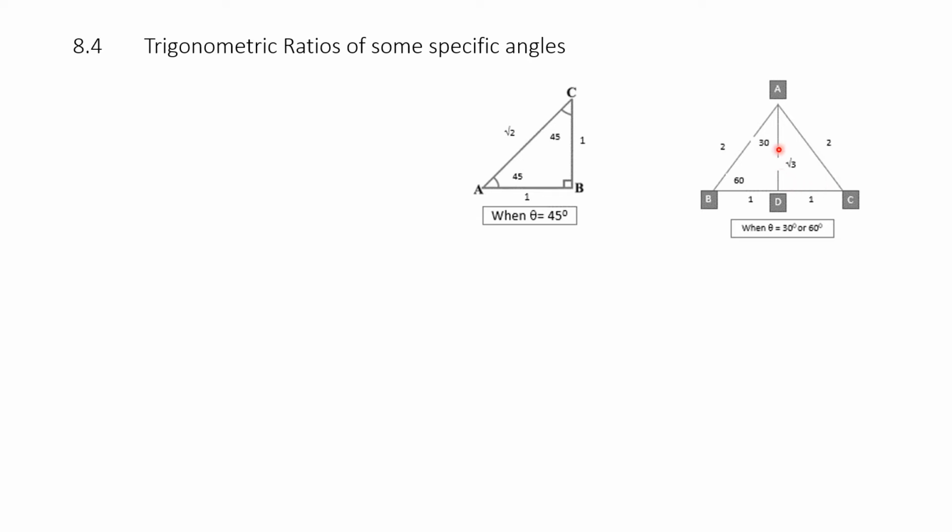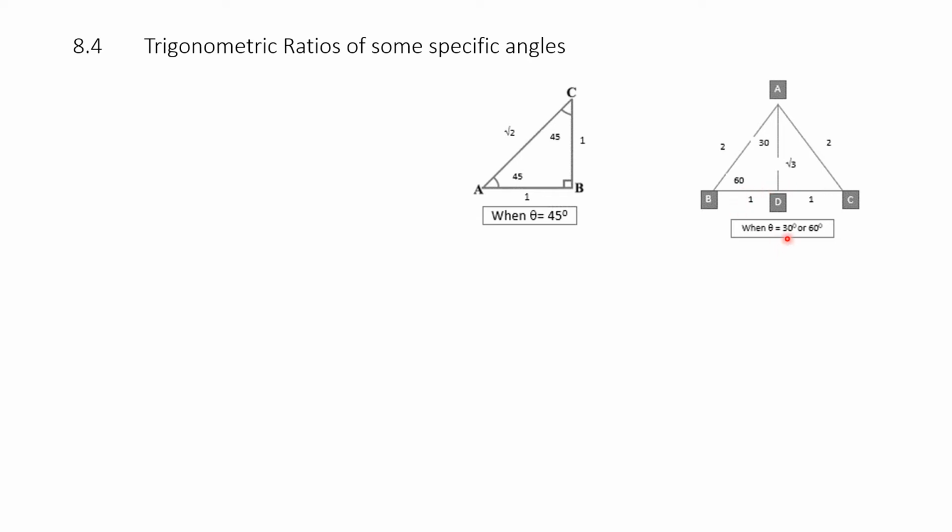Now, let us divide angle A by drawing a perpendicular AD as shown in the figure. When we draw this, D bisects BC into two parts, that is BD equals 1 and DC is equal to 1 because we have divided it. And here angle A also gets divided. Earlier it was 60 degrees, now this angle is 30 degrees and this angle is 30 degrees, whereas the other angles B and C remain 60 degrees.